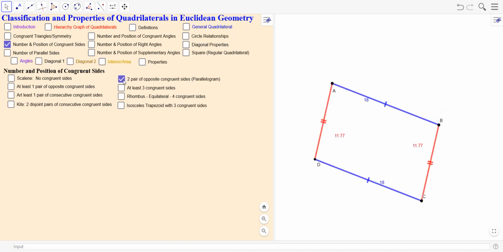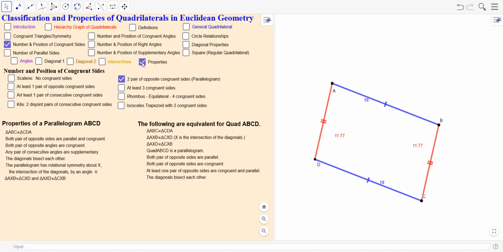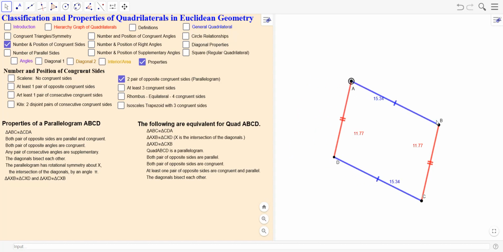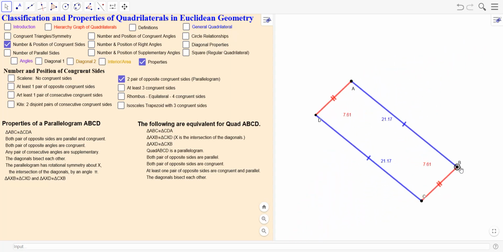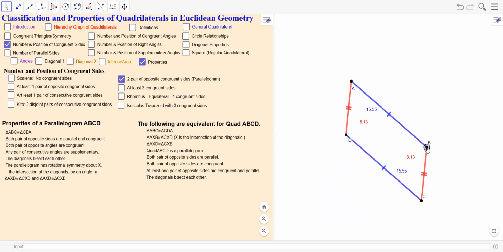We can also have two opposite sides congruent. That turns out to be a parallelogram. One of the things that we can prove, and we have proved, is a quadrilateral is a parallelogram if and only if both pairs of opposite sides are congruent. Now, a parallelogram has lots of cool things. For one thing,